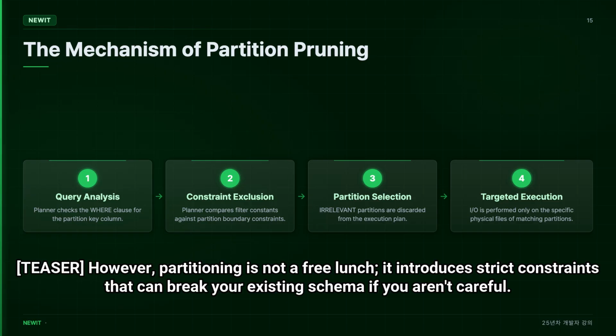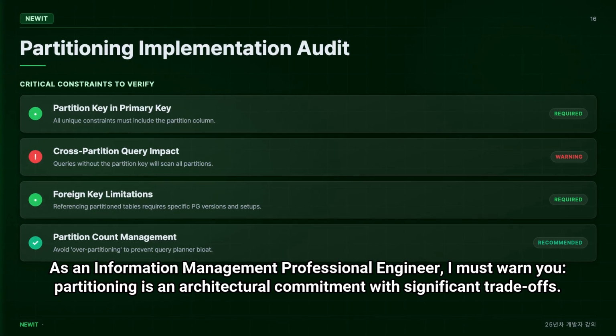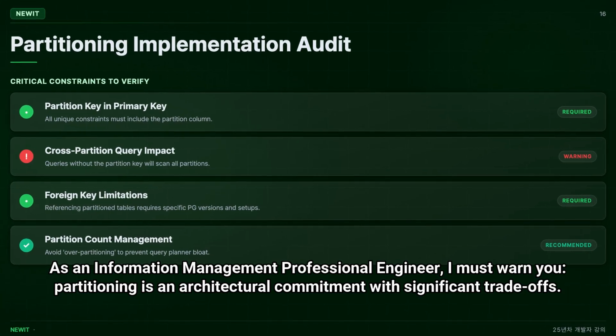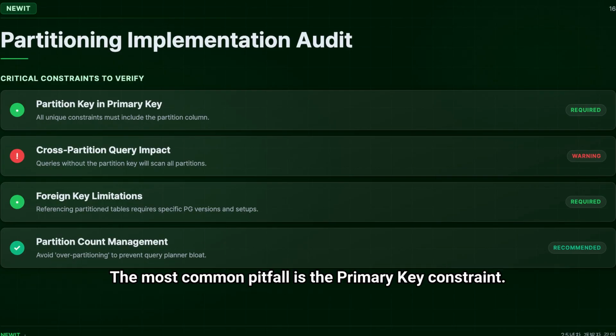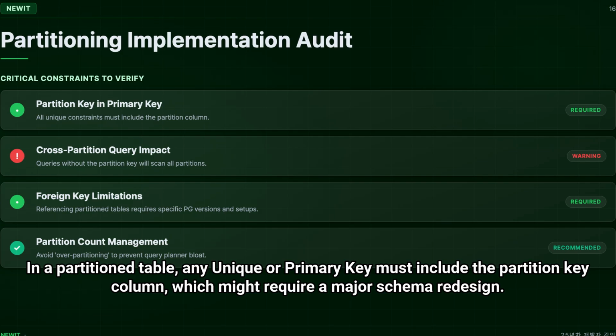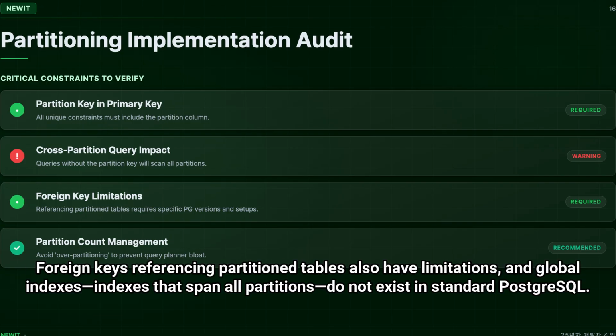However, partitioning is not a free lunch. It introduces strict constraints that can break your existing schema if you aren't careful. As an information management professional engineer, I must warn you, partitioning is an architectural commitment with significant trade-offs. The most common pitfall is the primary key constraint. In a partitioned table, any unique or primary key must include the partition key column, which might require a major schema redesign. Foreign keys referencing partitioned tables also have limitations, and global indexes that span all partitions do not exist